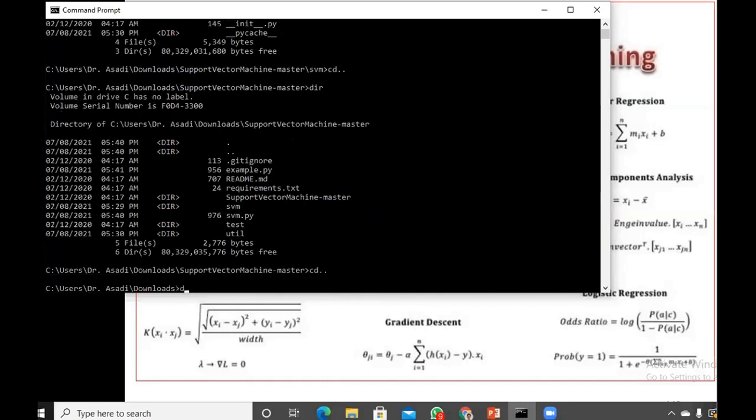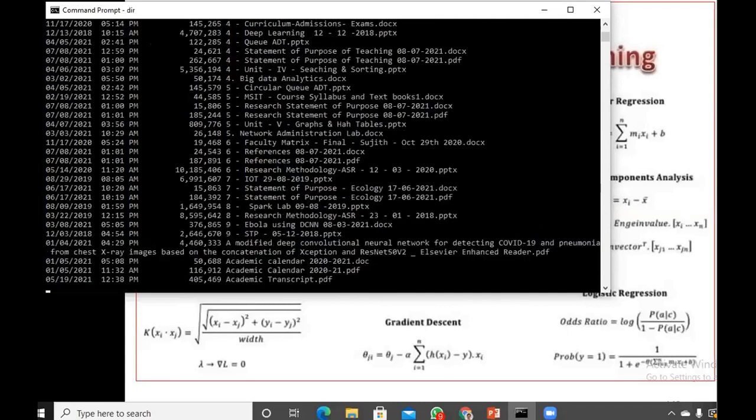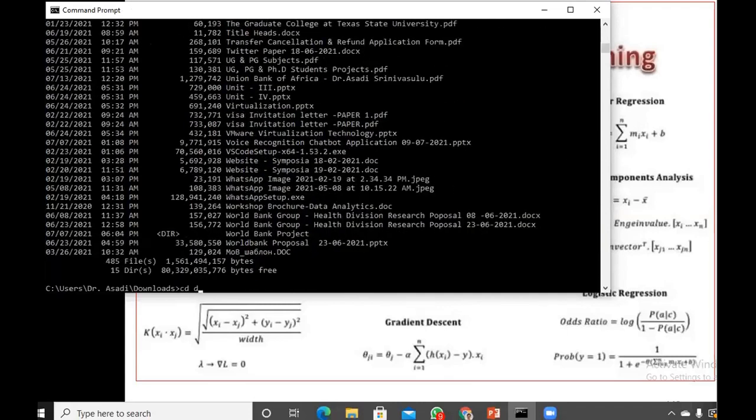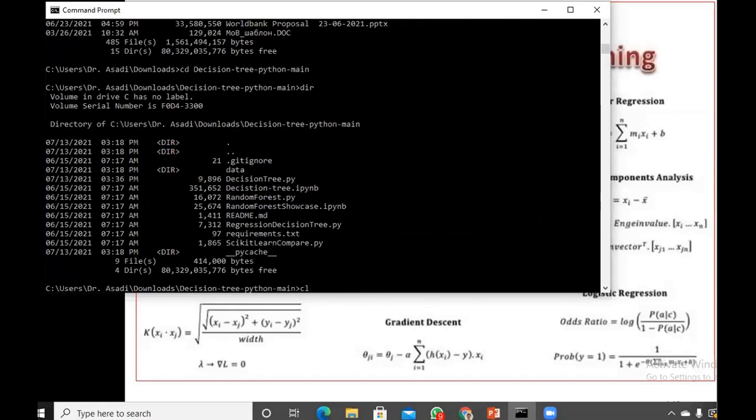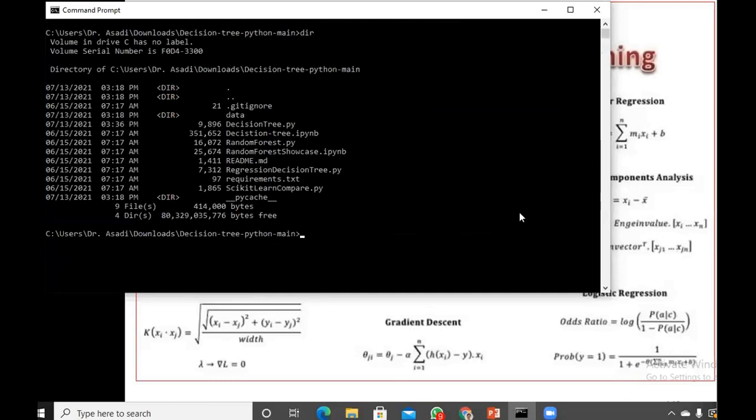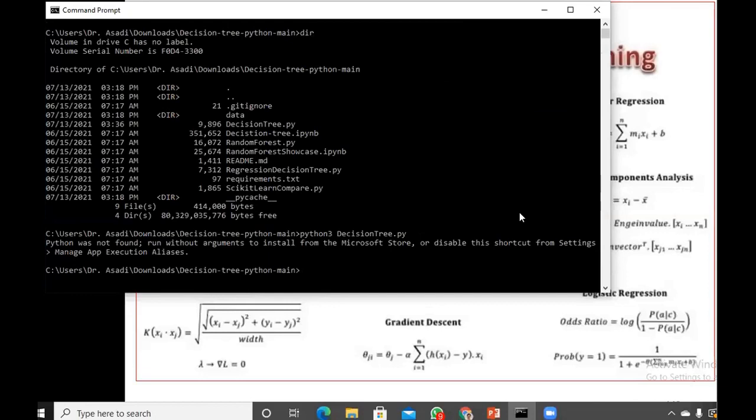Now I am going to execute decision tree. So the decision tree algorithm, now I am executing. Please observe, all of you. Decision tree.py. My file name is decision tree.python. Decision tree. So here I am calculating Gini index, gain ratio, and how the node is deciding the